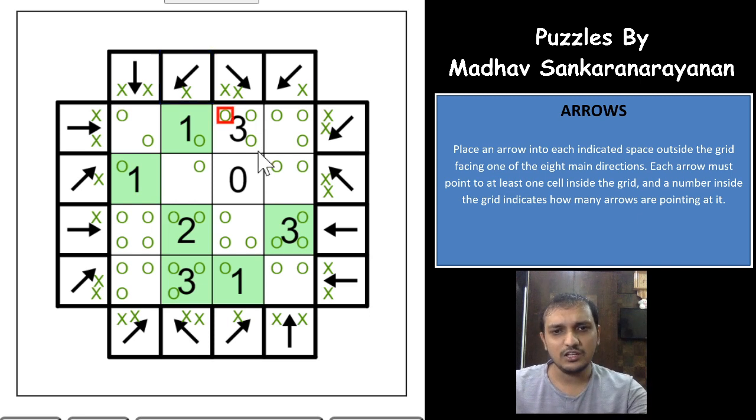So if you see here, we have completed this puzzle using the notations actually. So if you are very good at memorizing how many arrows are pointing towards the number, it is easy for you not to have notations here. But this puzzle actually is a paper puzzle, I would say, because solving it on paper is a really easy task, but solving online is a really difficult task. You cannot keep track of how many arrows are pointing towards a number, right? So this is how you solve a puzzle.